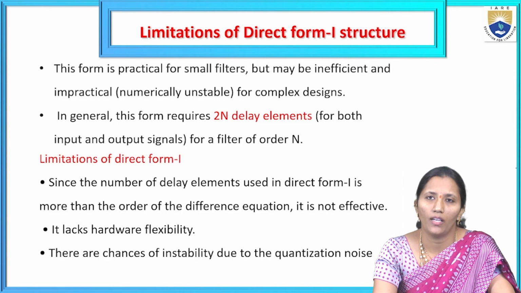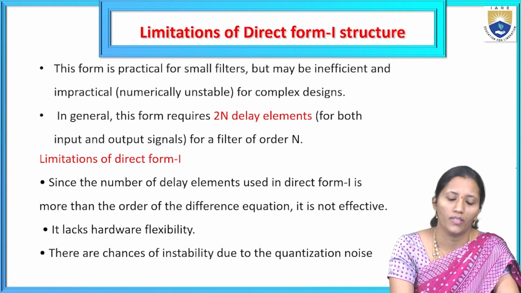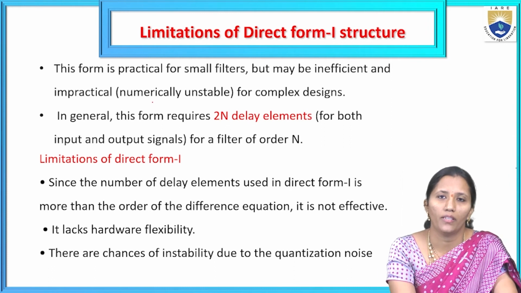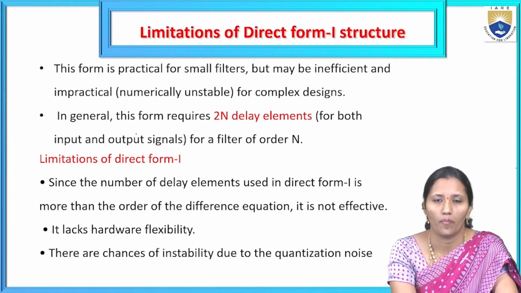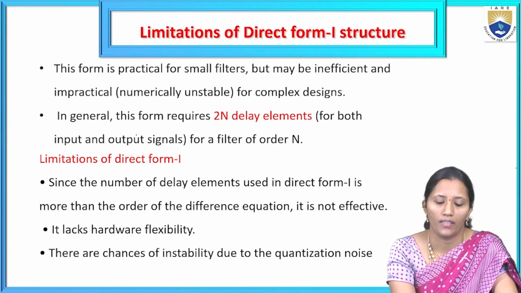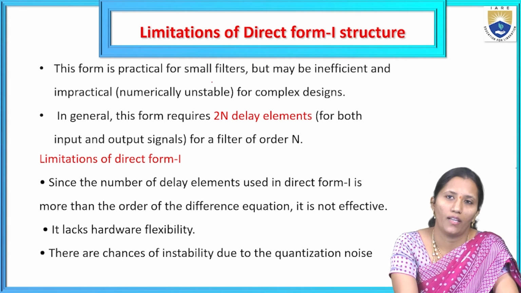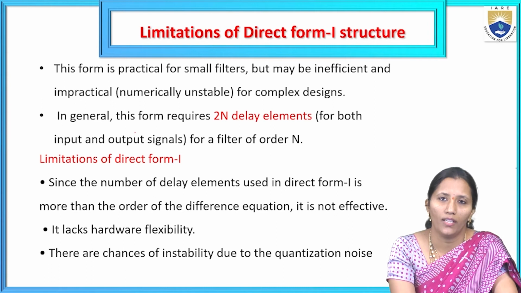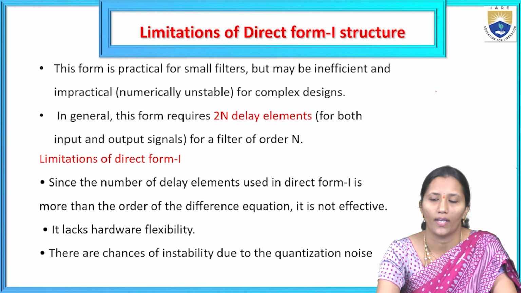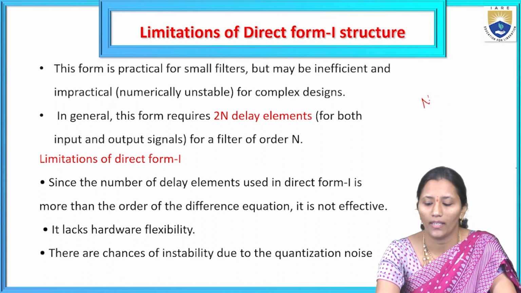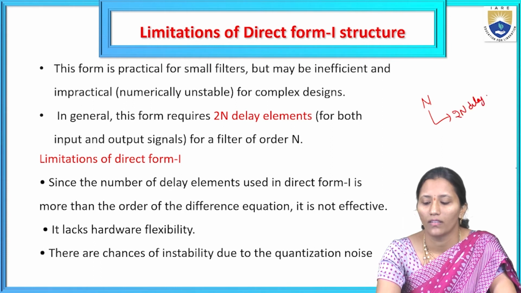Then the limitations of direct form 1 structure. First, this form is practical for only small filters but may be inefficient and impractical for complex designs. It is applicable for only small order filters, that is small filters. In general, this form requires 2n delay elements for a filter of order n. If the order of the filter is n, we are going to use 2n delay elements